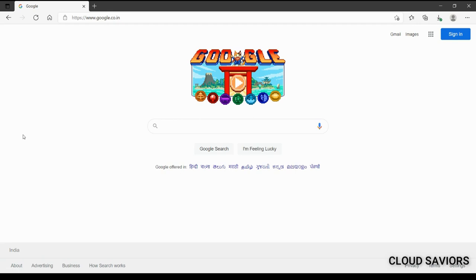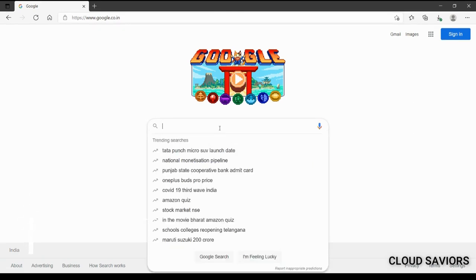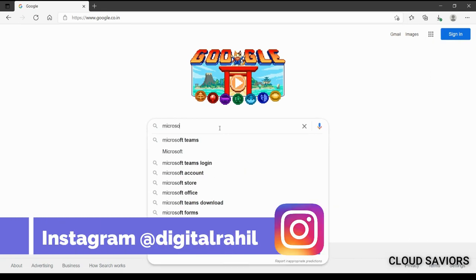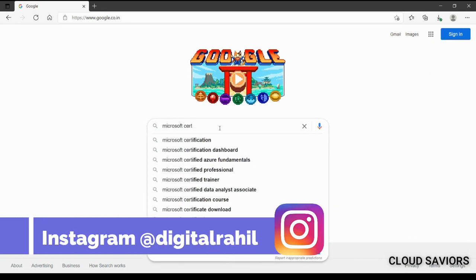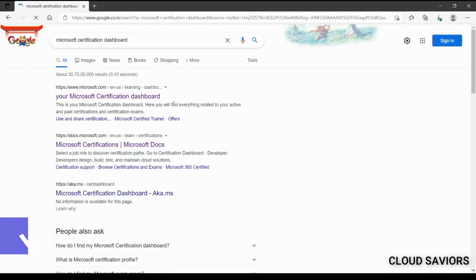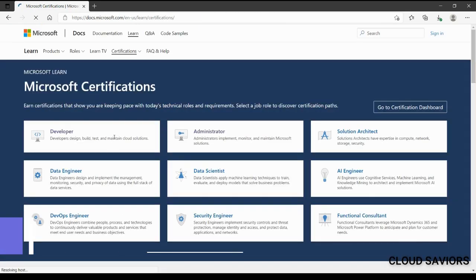Okay, so let's do it. I have already shared my screen. Let me search for Microsoft certification dashboard. You have to log in with your personal ID, not with your company ID, so make sure you do that.